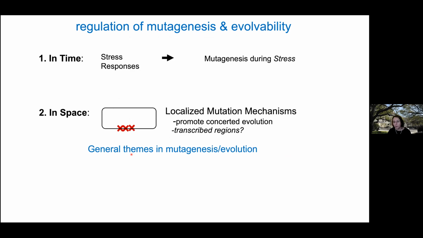So a summary of previous work is that we learned that mutagenesis is regulated temporally by stress responses. And they do this very cool thing of making it so that a cell that's poorly adapted to its environment, one that feels stress, is more likely to generate the mutations, including mutations that will let it evolve. So that's really interesting and different from the neo-Darwinist view. And then we also discovered that mutagenesis is localized in genomic space. It happens in particular regions.